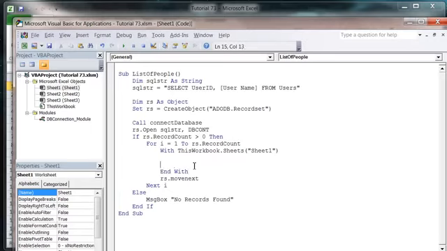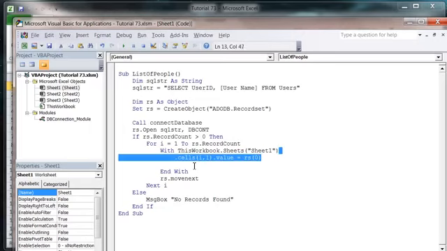So end with, and we put dot cells, and we've already got it in here, dot cells dot value equals, and then rs, and we want the first one to be the user ID, so 0,